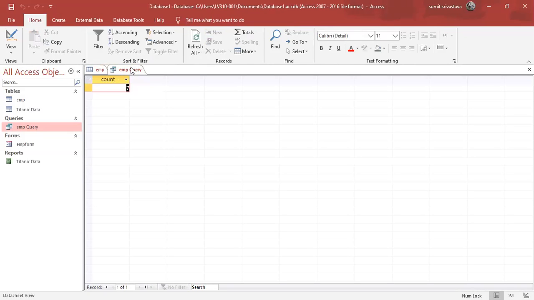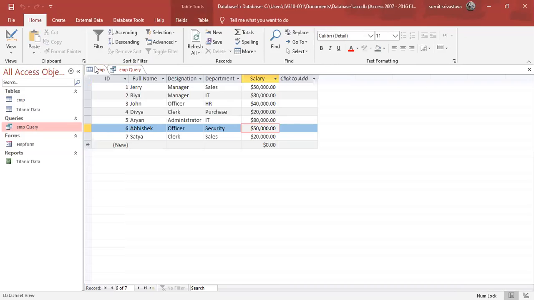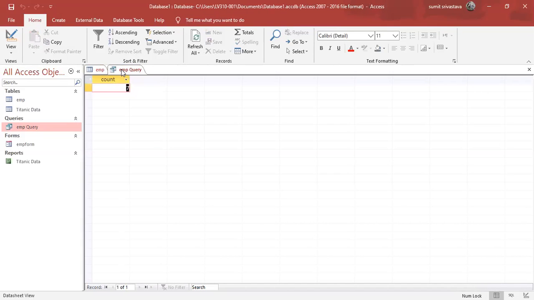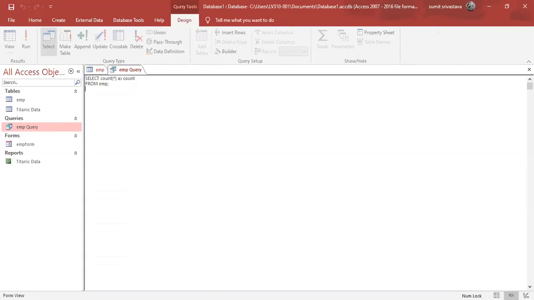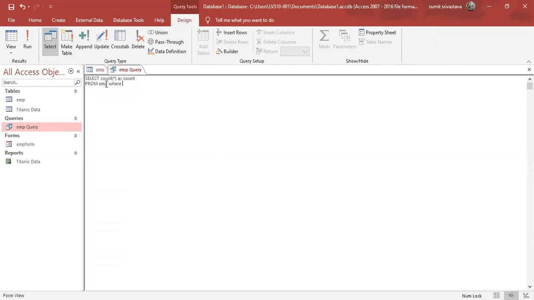Now my question is, I have to count the employees whose salary is greater by 40,000. So I'll go to the query. Where salary is greater by 40,000.